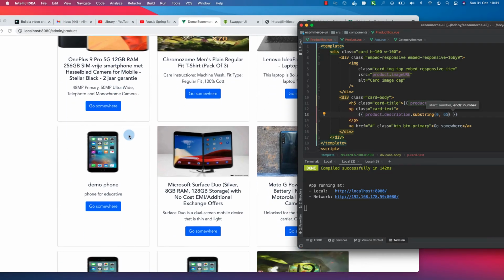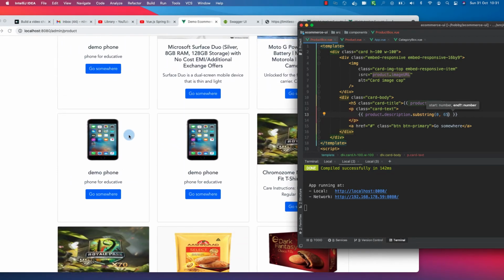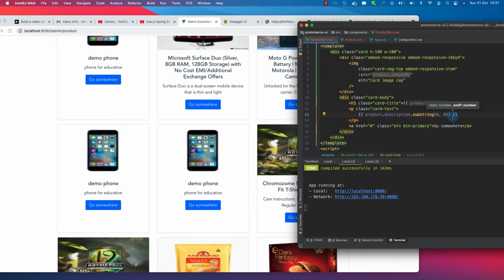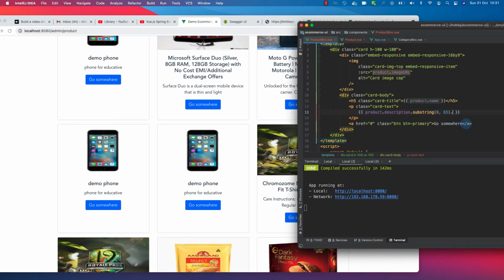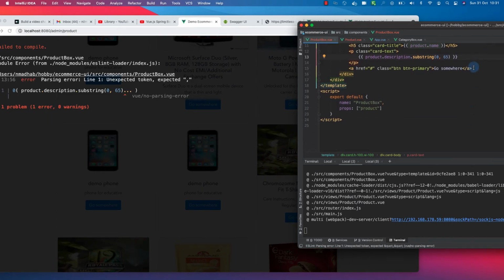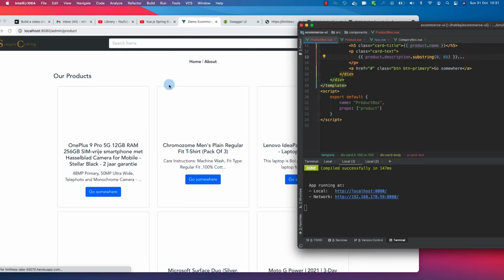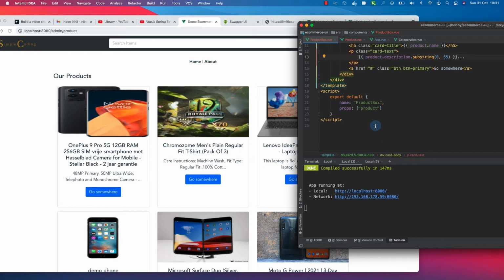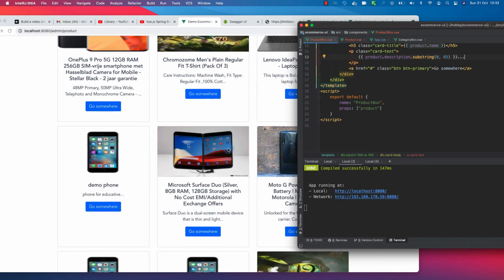So now you see it's looking better, and we can give something like ... It should be after this. Yes. So now it looks better for sure,